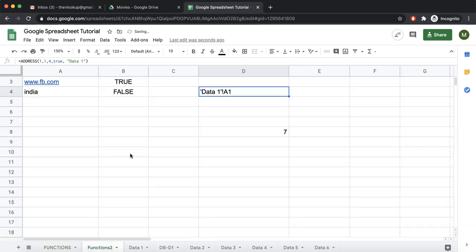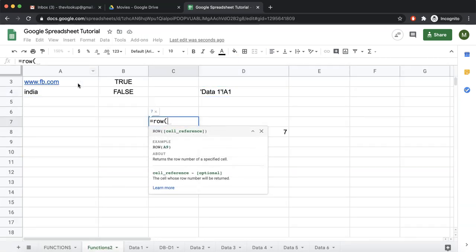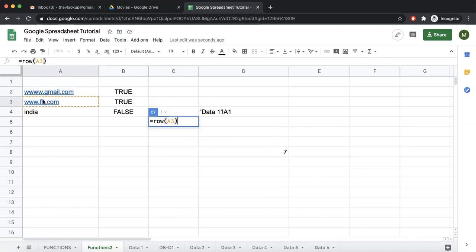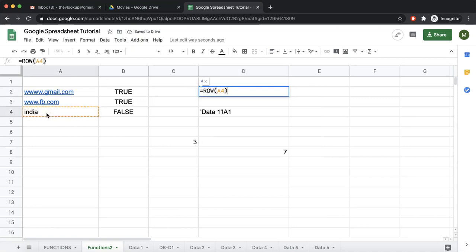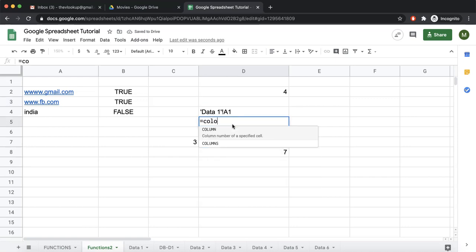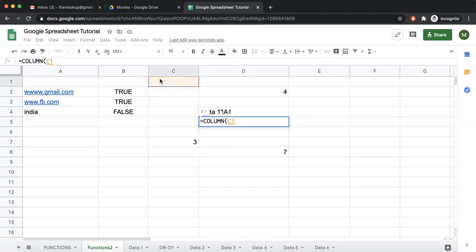Row is again just to find which row number this is. Equal to row of this one, so row of A3 is 3. Simply say equal to row of this one is 4. So just to find what is the row number. Similarly, you can also find column of this is 3.